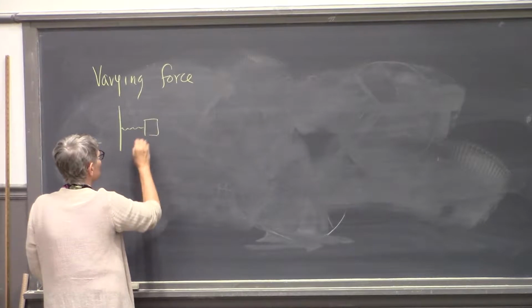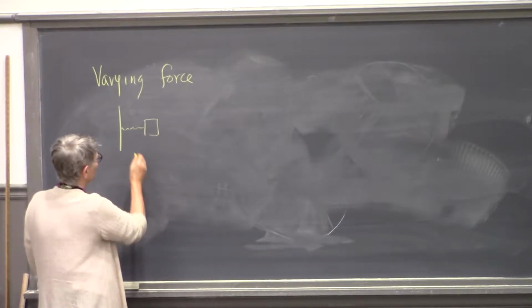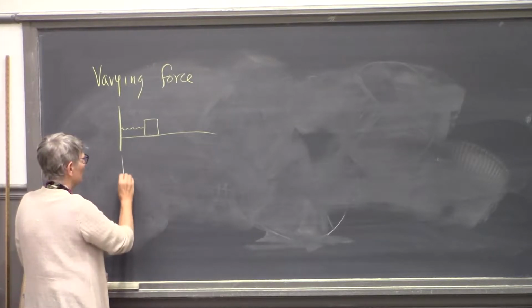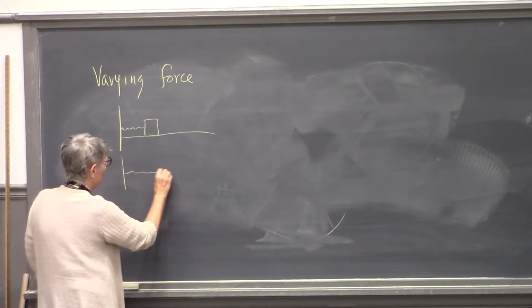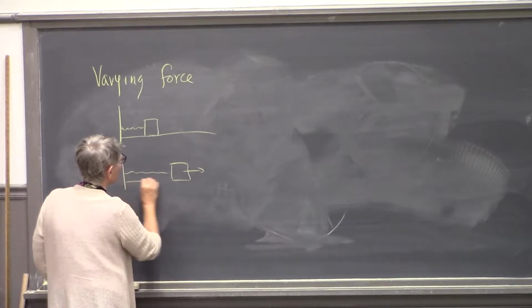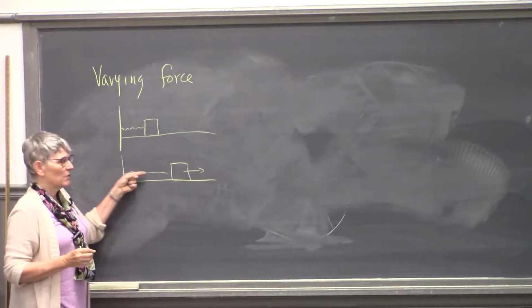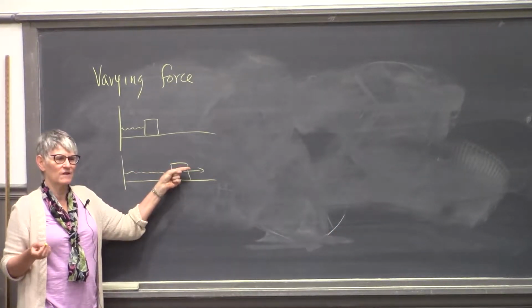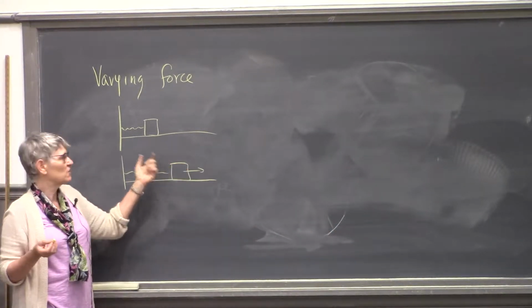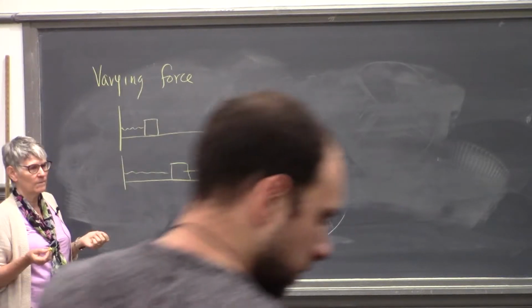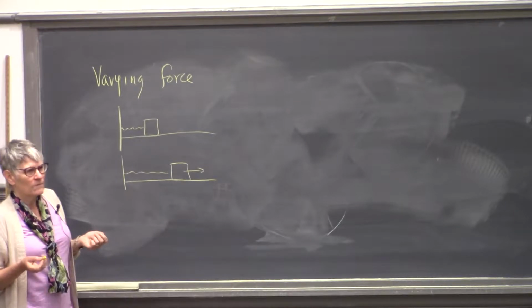We compress a spring and then let the mass go, and the mass moves that way. The force by the spring is changing because the force depends on the stretch of the spring, right? So we can't just